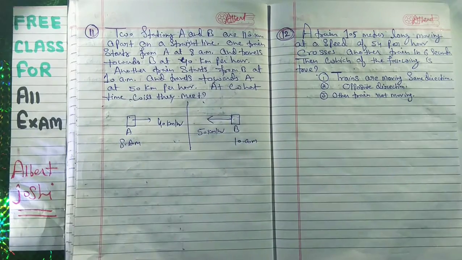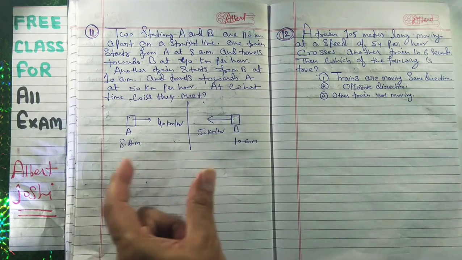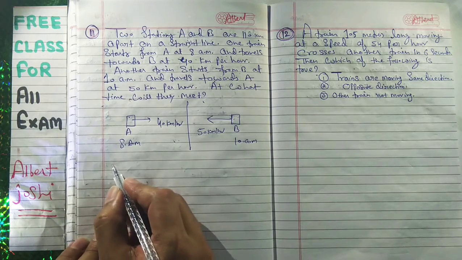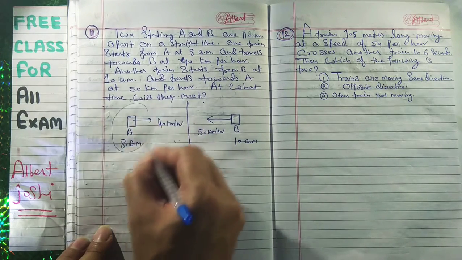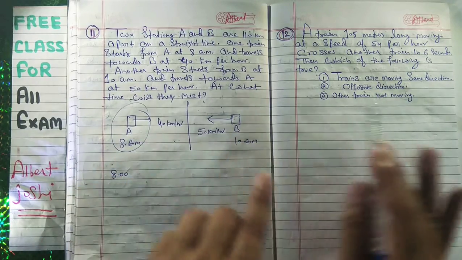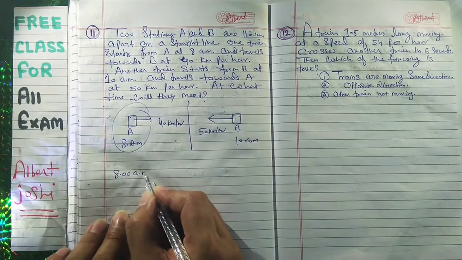Again the same question. It is coming many times. I have given you the trick to solve this problem. So you have to use the formula. The formula is the starting time of train A, that is 8:00. You must write all the tricks in your copy. So 8 a.m. plus